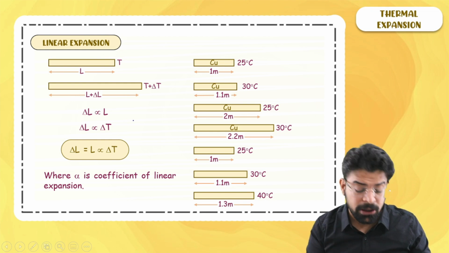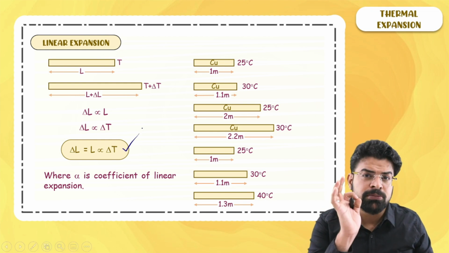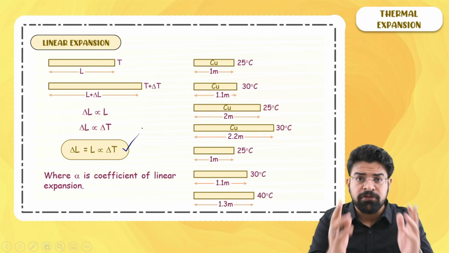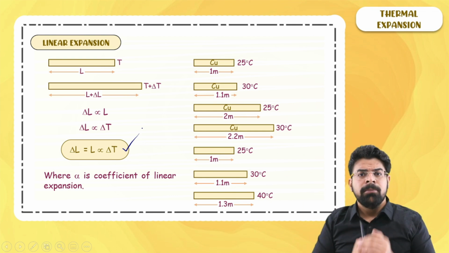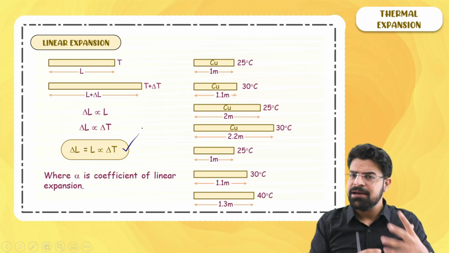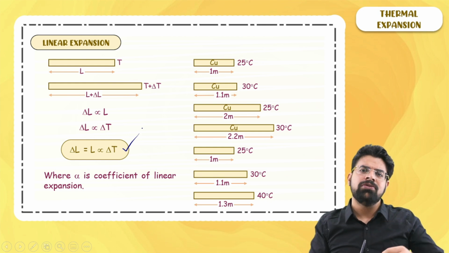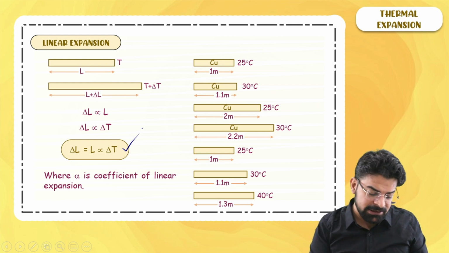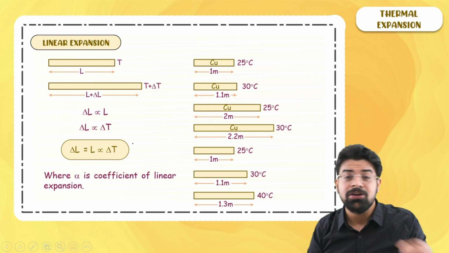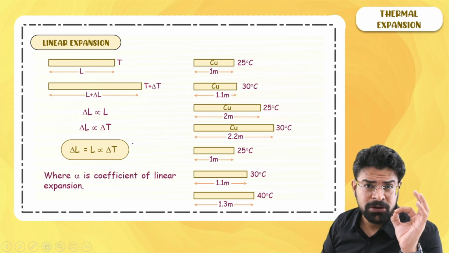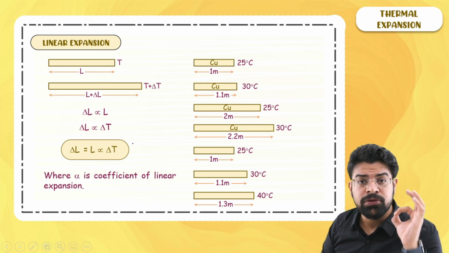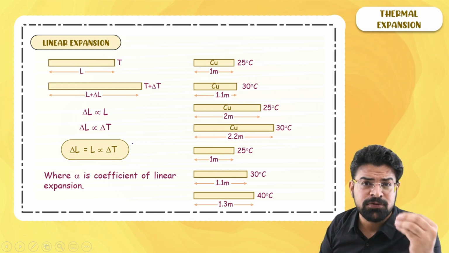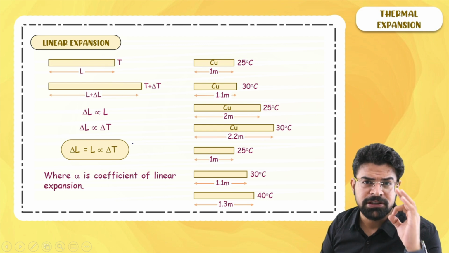But do remember, this thing works only for small change in temperature and not for large changes of 100 degrees centigrade, 125 degrees centigrade. But sir, the questions we get in our material or book, there they do temperature change of 100 degrees centigrade, 150 degrees centigrade, and they still use the same formula. Because beta, this is the only formula you know. It is not valid to be used for large temperature changes, but since you know in your course material only this formula, you have to use this one.